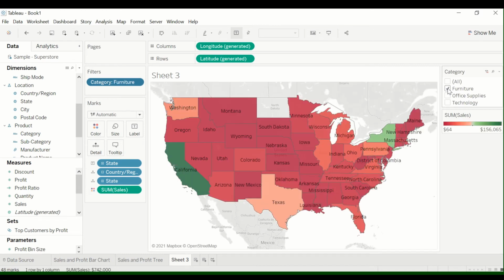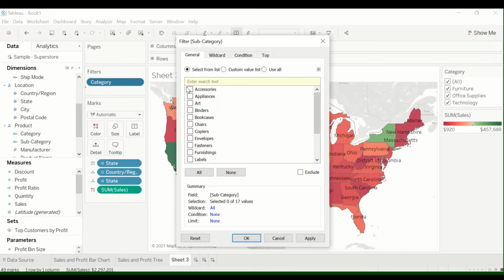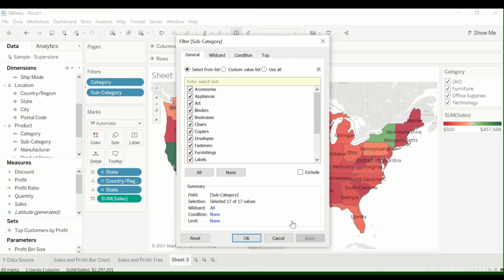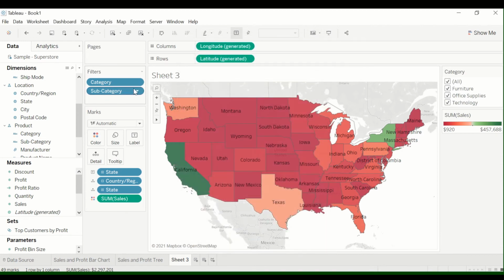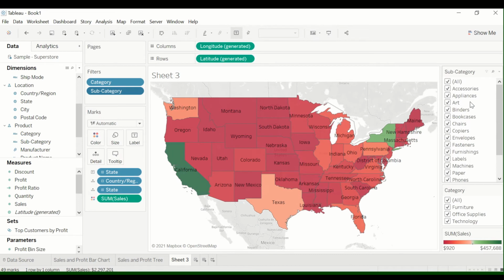So what if I just want a category of furniture? Let's see how that changes. I don't have data up here. Doesn't look like it changes much. Office supplies, sales are still pretty bad. Technology, I don't know. So you can filter this by a lot of different stuff. Subcategory, manufacturer. So if you drag category into filter, select all, select apply, then go to show filter. This has a lot more